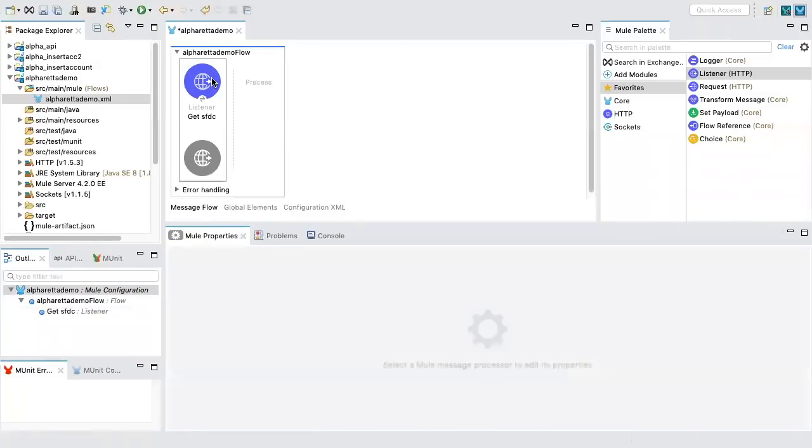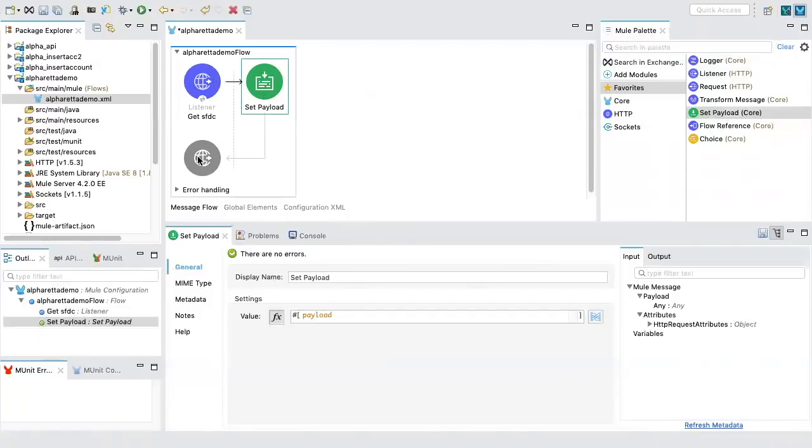Now, you see that the error is gone. What I will do is add a sample payload. This is a sample, okay? And I'm going to say here: hey, you are in the get method, go to the post method. Go to the post method to submit a record to Salesforce.